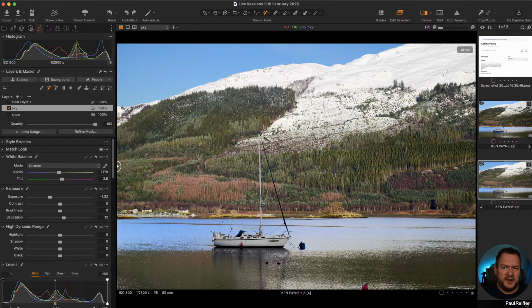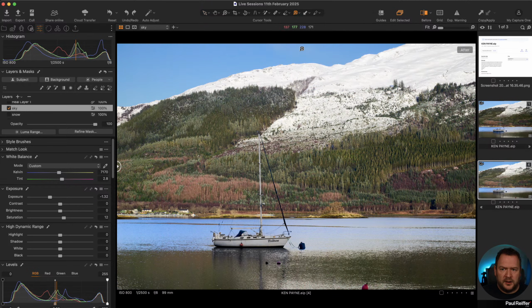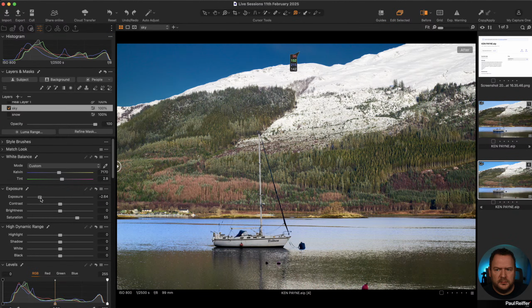And if I want to see a change that's happening, because obviously this only comes up when my mouse is over the image, we talked about this last week, but I can add a color readout. So when I'm in a tool, I can see the effect it's having on those colors. And in theory, I can push this right up until that blue hits nearly 255, a lot stronger blue. Then I can pull my exposure down and have a lot deeper blue. Now, I'm not saying this is right, just to be clear.